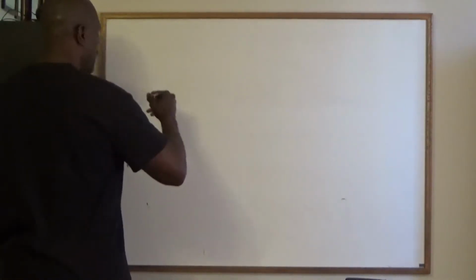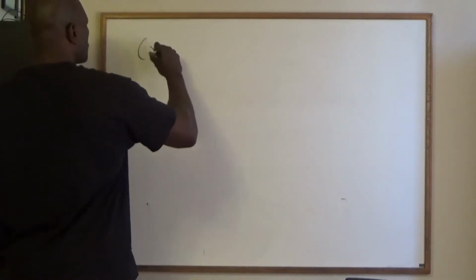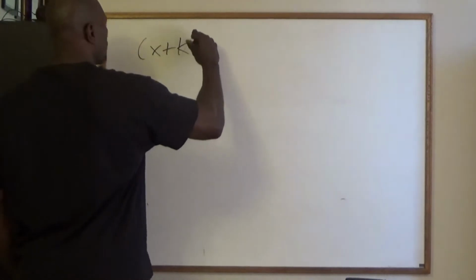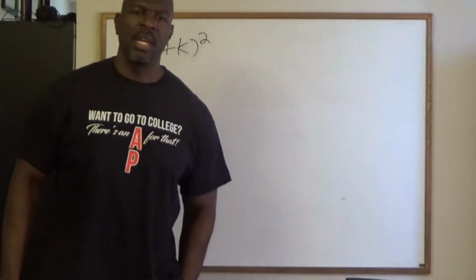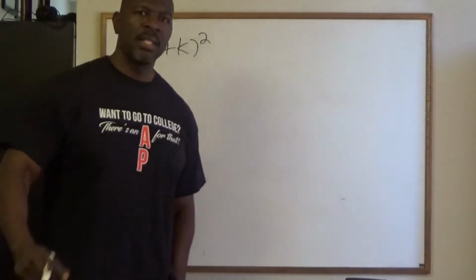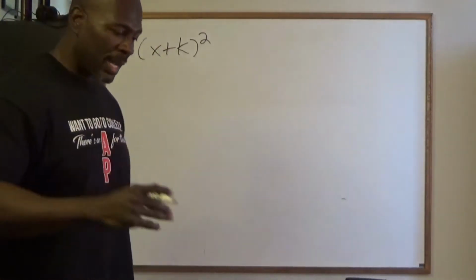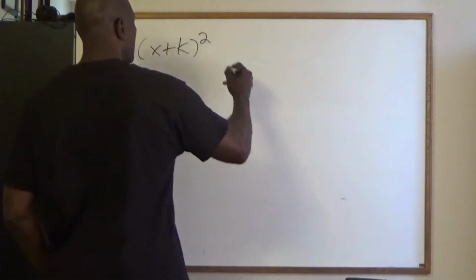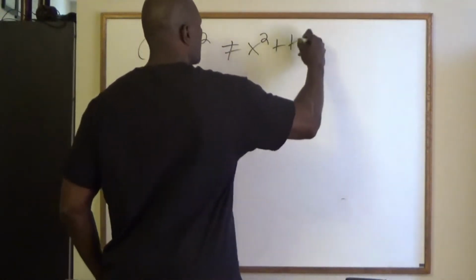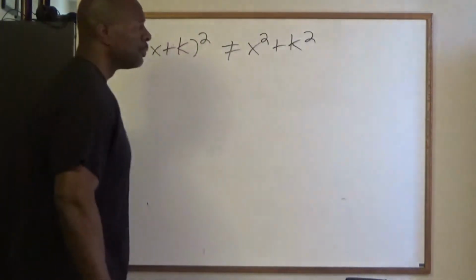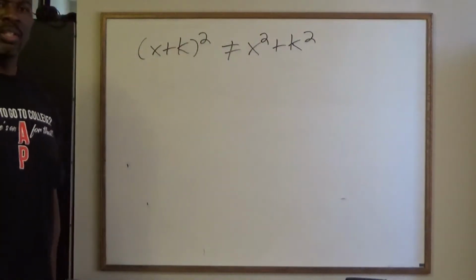I want to square a binomial. So I want to square x plus k. And before I write the answer to x plus k squared, I would like to declare what the answer is not. The answer is not x squared plus k squared. The easiest way to show why it's not